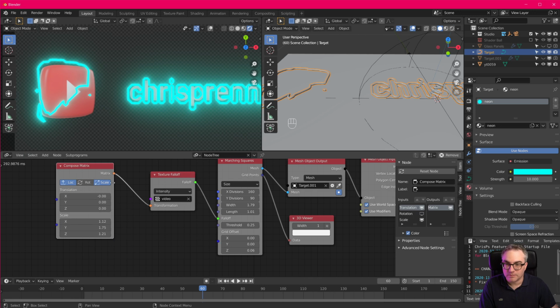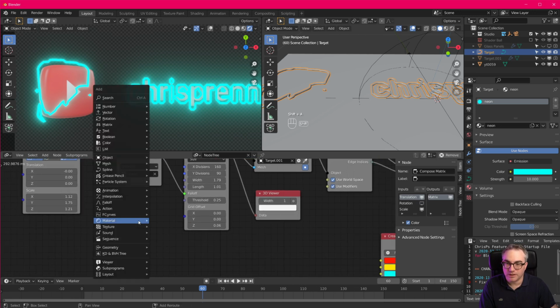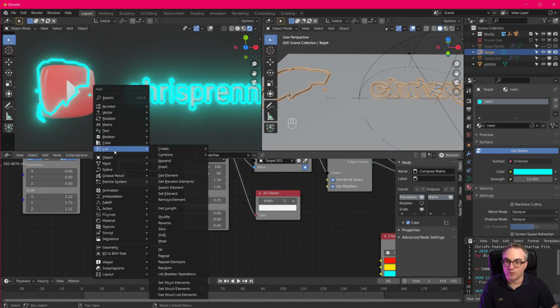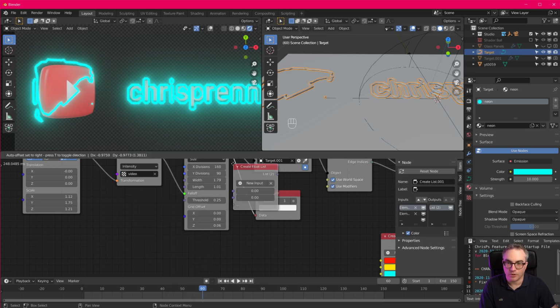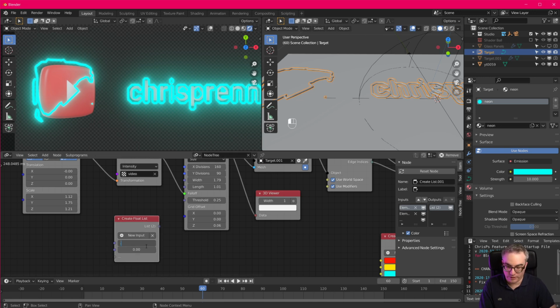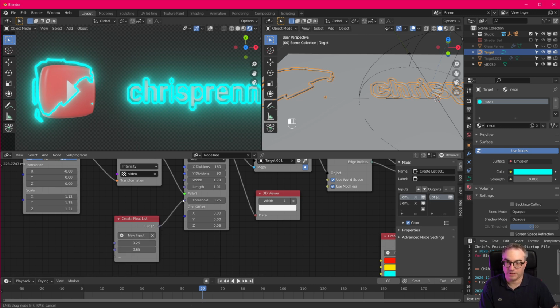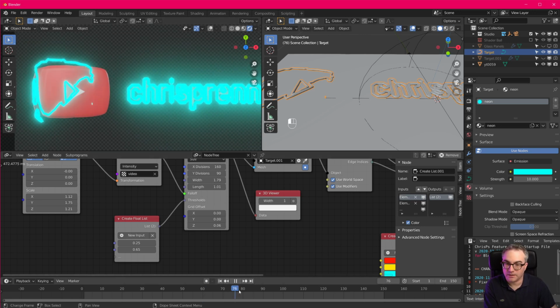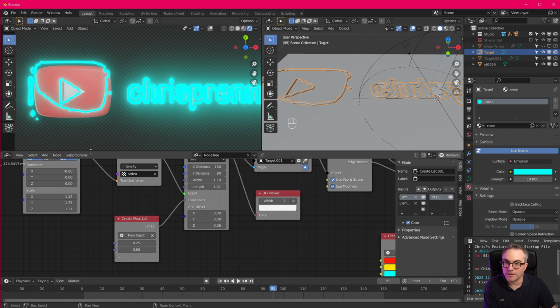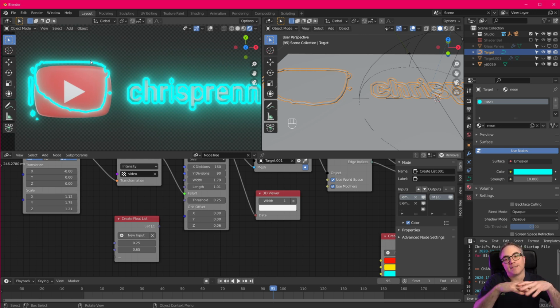So, you know what? Maybe we could make this look more interesting if we create a list here. So list, create, float. And we do 0.25 and 0.65. And plug that list into the threshold here. So we should get not just one, right? So this is just one. We get one border